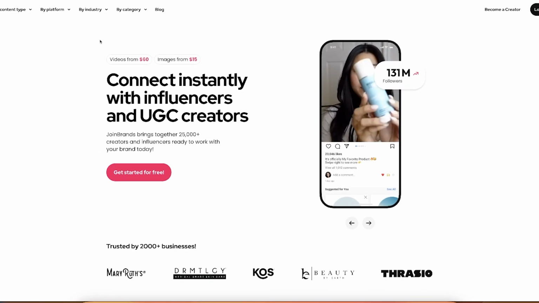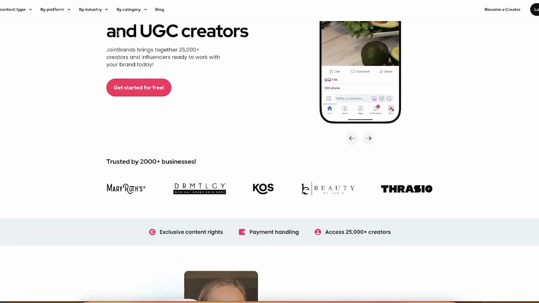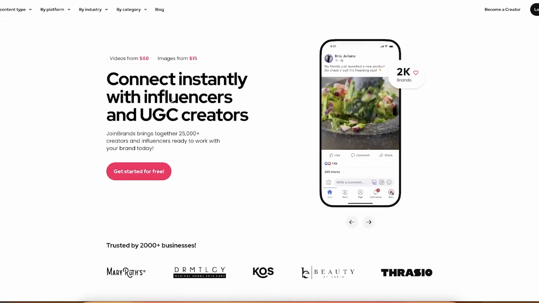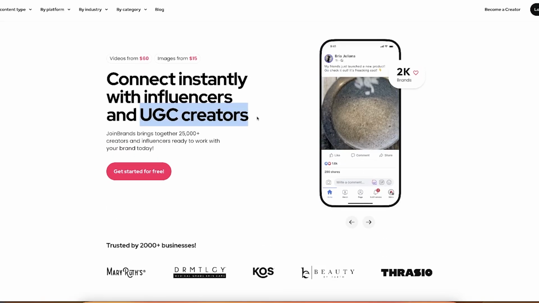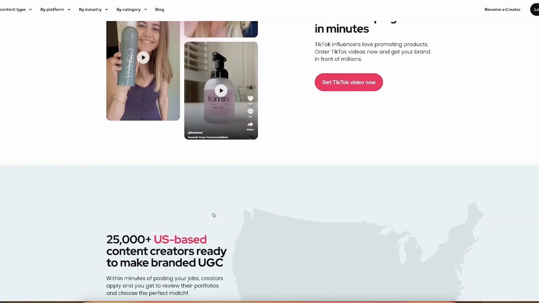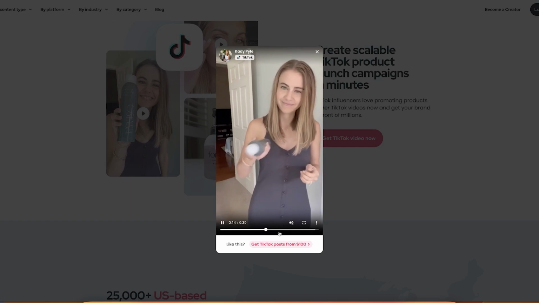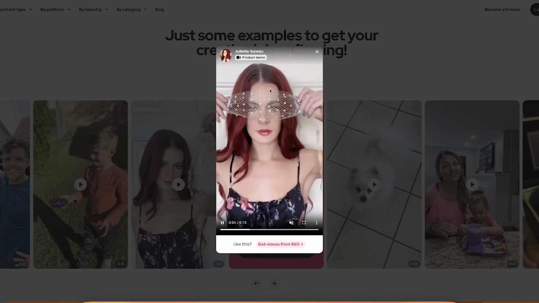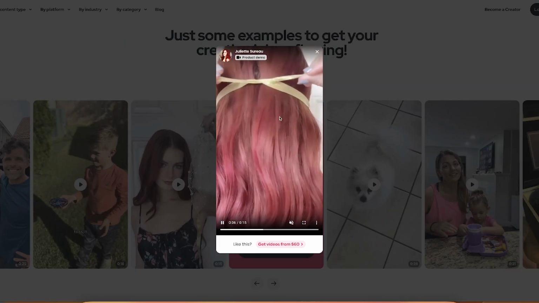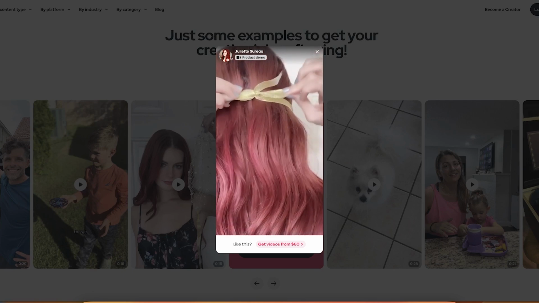All right, so once we have gathered this information, what we want to do is just source some content from the creators. So creators, people you can send your product to, and they will create videos that outline all the benefits of your product and show how to use it. So some of them, you can see, are product demos, literally showing how to use the product. $60, you know, for a video like this.